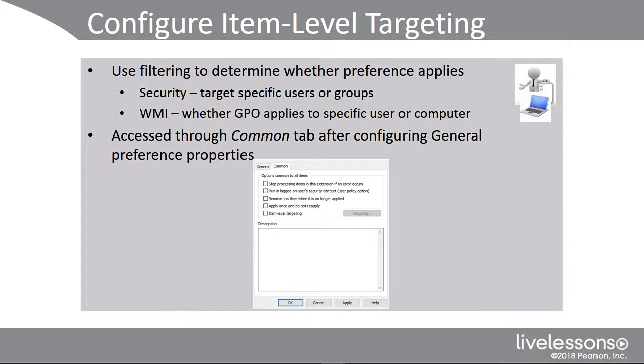And lastly is the item level targeting. This is where we use filtering to determine whether preferences are applied. Very similar to what we saw when applying GPO policies. Remember there we had security where we targeted specific users or groups, or we would apply or choose not to apply a GPO policy based on the specific user or computer. And we could look at things like the operating system to determine whether or not that was going to be applied. Well, similar to that, we have item level targeting here in the preferences, and that is access to the